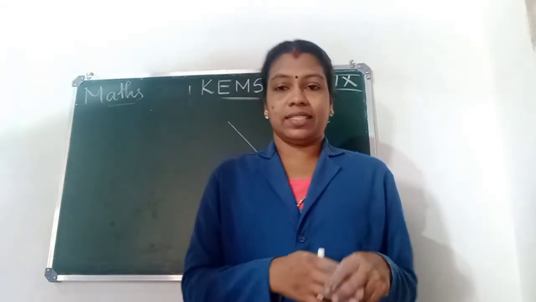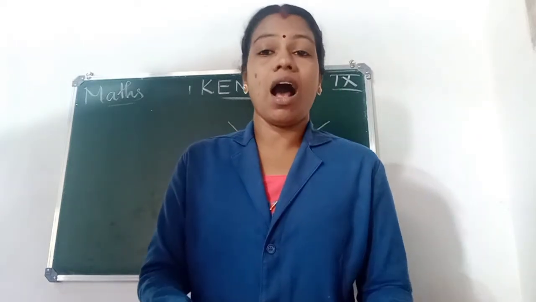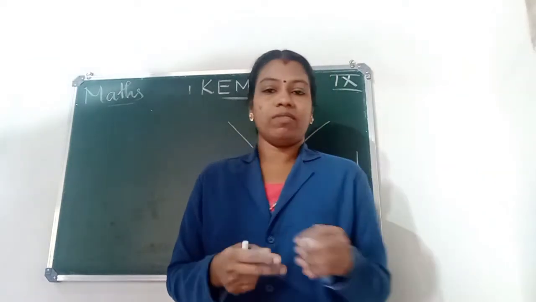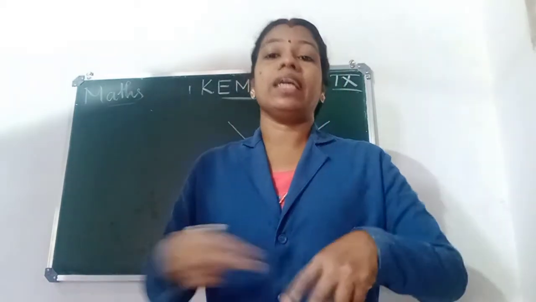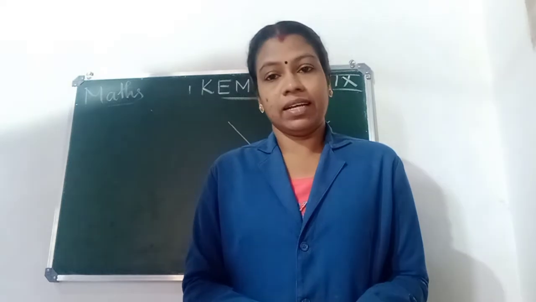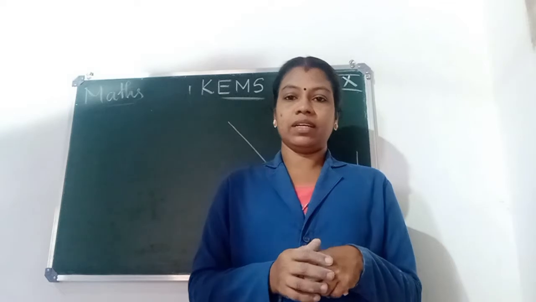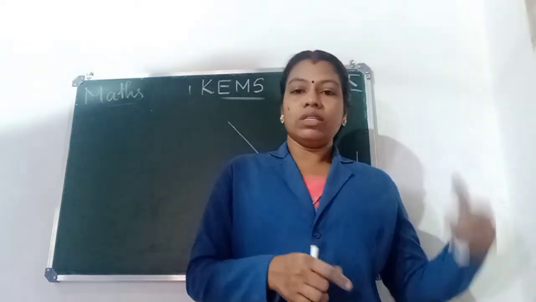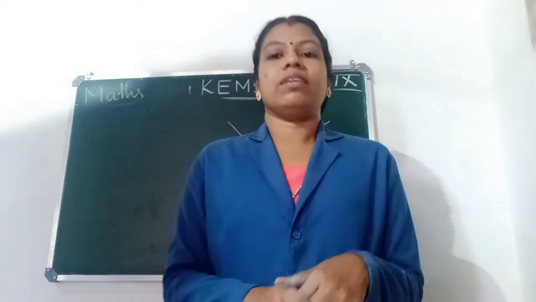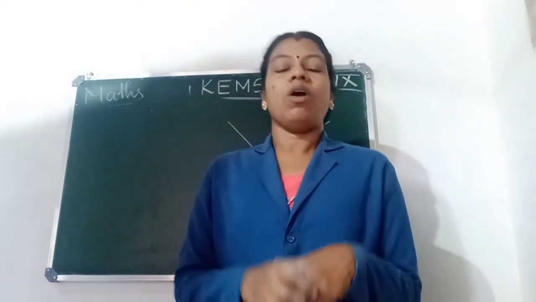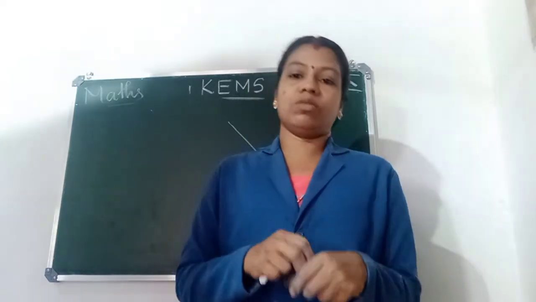And the third one is about vertically opposite angles. When two lines intersect, then the vertically opposite angles are equal. Always, the vertically opposite angles are equal when two lines intersect. Okay, clear? So study all these points and axioms. Using these properties, we have to find the value of angles and variables like x.